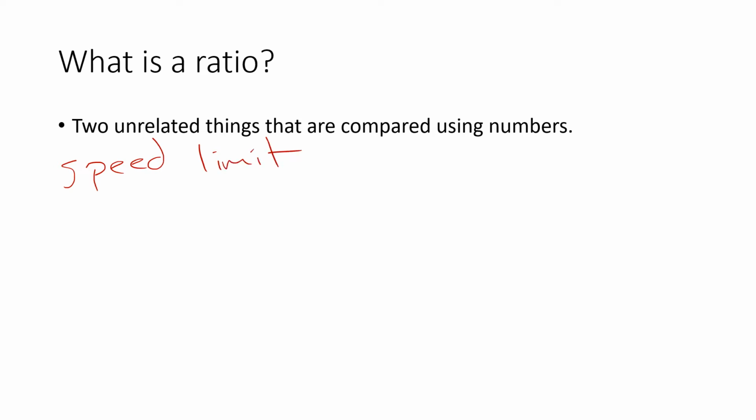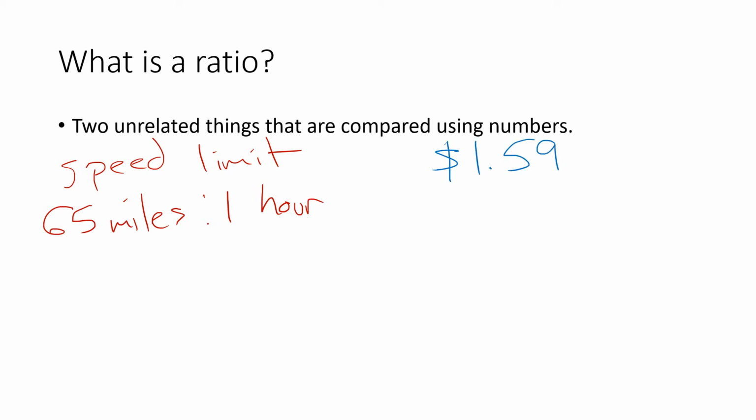What's the speed limit out on I-25? Like the actual speed limit if there's a cop around. But like 65 miles per hour, 65 miles to 1 hour. Other ratios that you see a lot in real life. What's the current price of gas right now? Pretty cheap. I mean, it's going back up, but I haven't paid less than $2 for gas in ages. About $1.59,